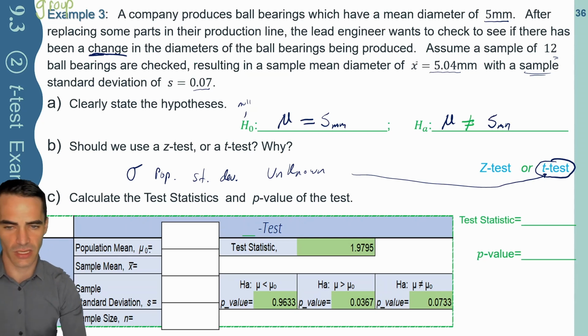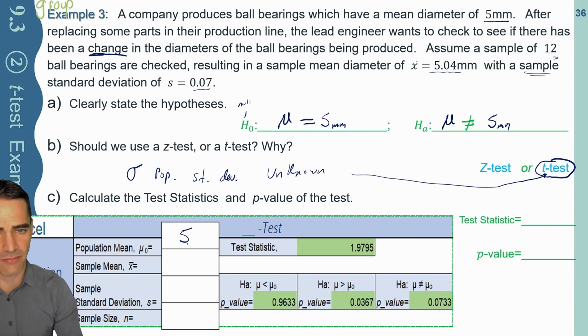And we have a list of values to plug in here. The first one is the initial mean up top. That's 5 millimeters. The sample mean that we conducted was 5.04. The sample standard deviation was 0.07, small spread. And in our sample size, we only gathered 12 ball bearings for the test. The test statistic we can see over here. In fact, if you want to be fancy, you can write in t. This is technically a t-test statistic of